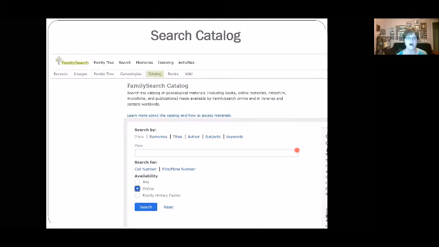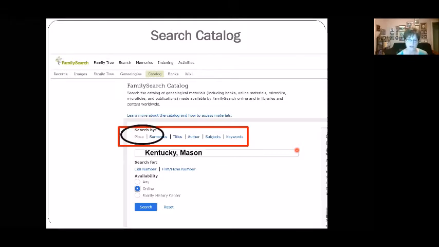So we're going to go to the catalog search page. And here again, you can search by place, surname, title, author, keywords. I'm going to search by place. I'm going to search again for Kentucky. And here's a note you might want to write down as you're listening to me here. When you search on the FamilySearch catalog and you're doing a place, you start with the biggest municipality. So you could put United States, comma, Kentucky, comma, and then the county. And if you were researching in a bigger city like Louisville, you could even add that, because they probably do have records specifically for Louisville. But you want to start from the bigger